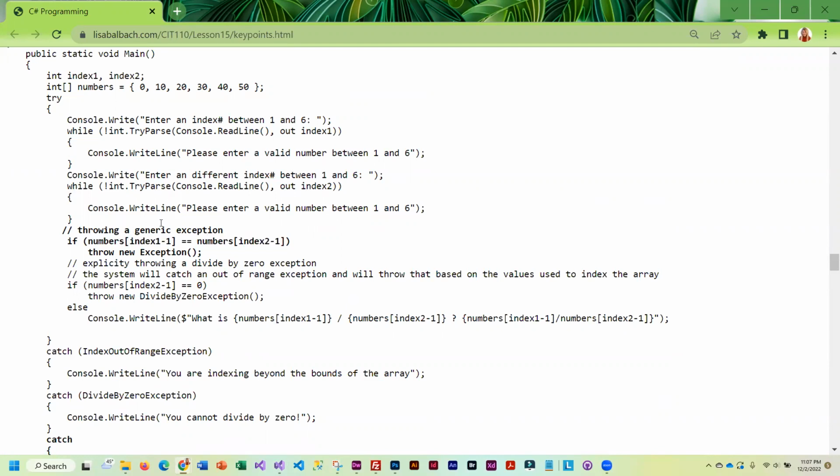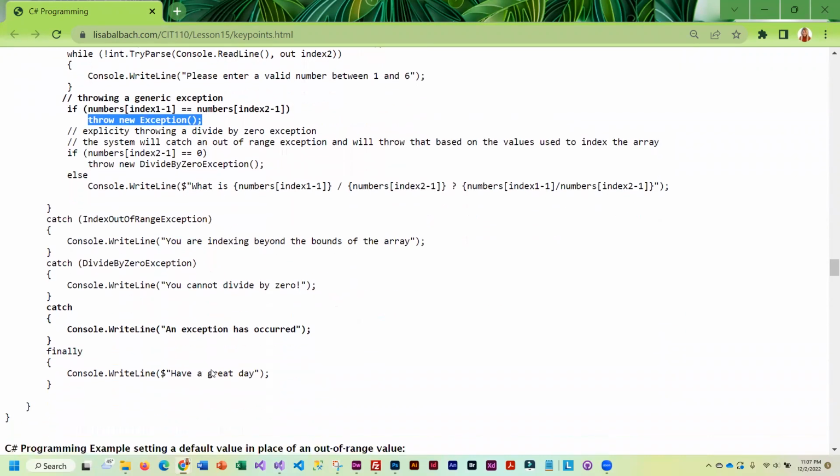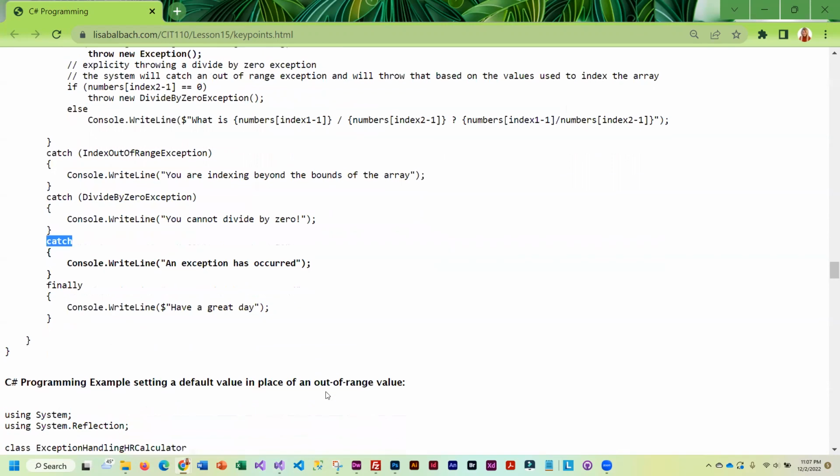Okay, so if I'm subscripting in and let's say it's 10 and that is equal to 10, okay, I don't want that. Okay, I want it to do a division with different numbers. I could throw an exception here that's just kind of a generic one. And you can see here is the generic catch, and it's just going to say an exception has occurred. Not a particularly useful